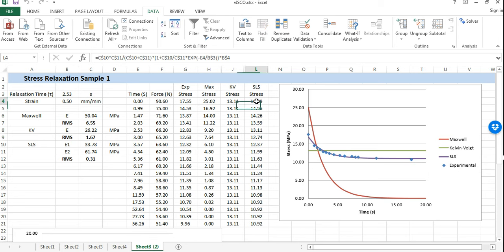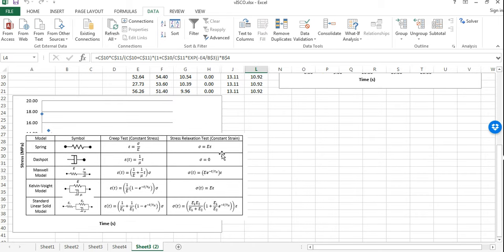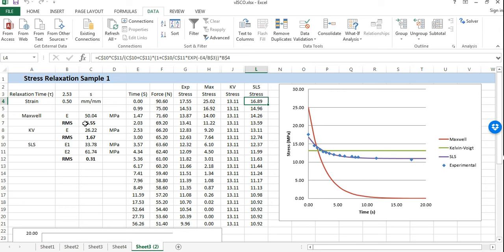So I'm going to let you figure out how to implement these long equations for the stress relaxation tests and the creep tests, and how to calculate RMS values. One thing to note is your E needs to be generally a close approximation beforehand, otherwise the solver cannot find it. So for instance, if I start at maybe,